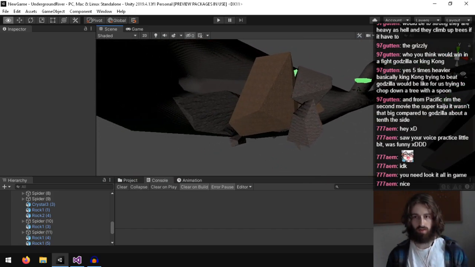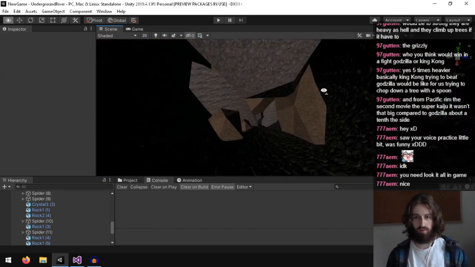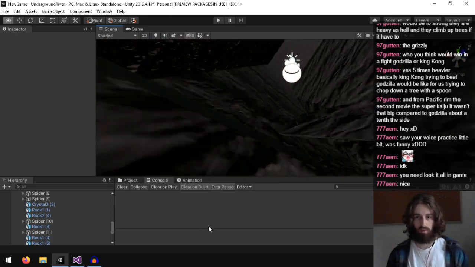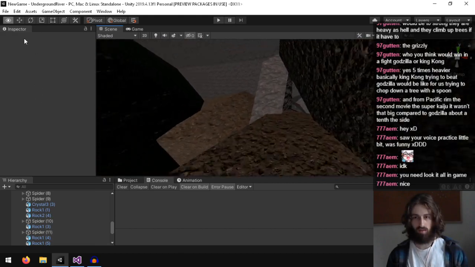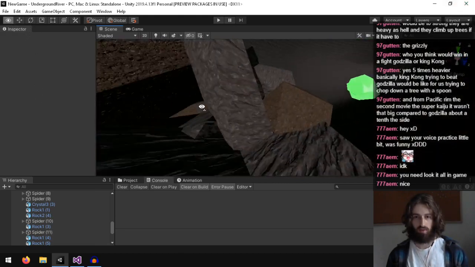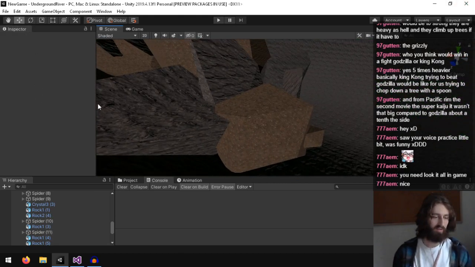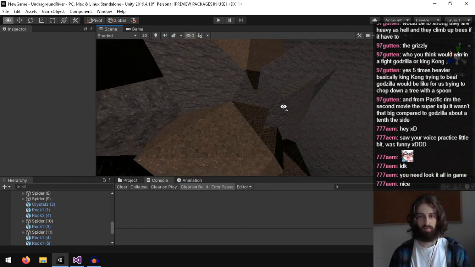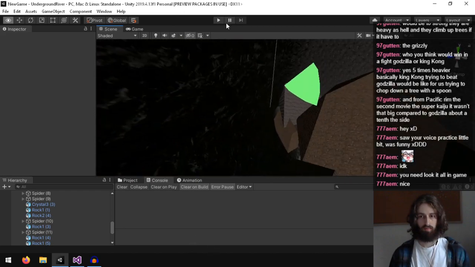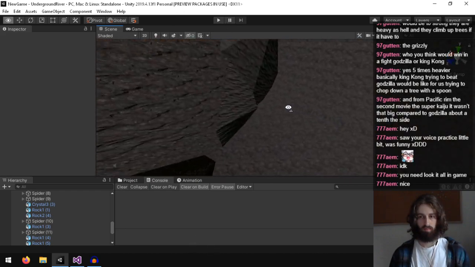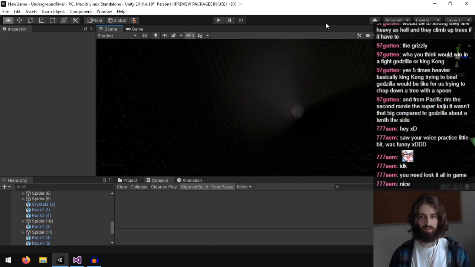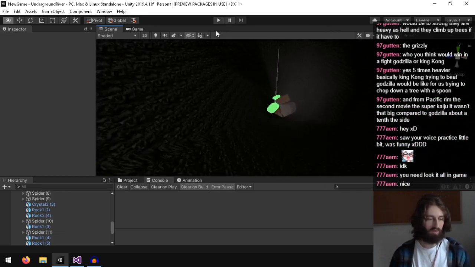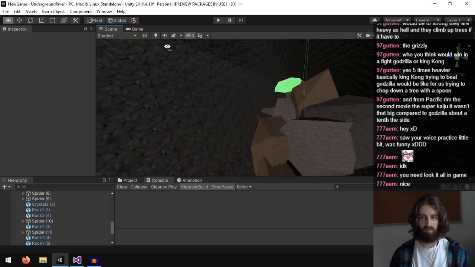I gotta be honest, I'm pretty happy with this little zone here. Traversing this whole thing, it's actually like a little level. But I think I'm gonna leave a bunch of this cave section open.